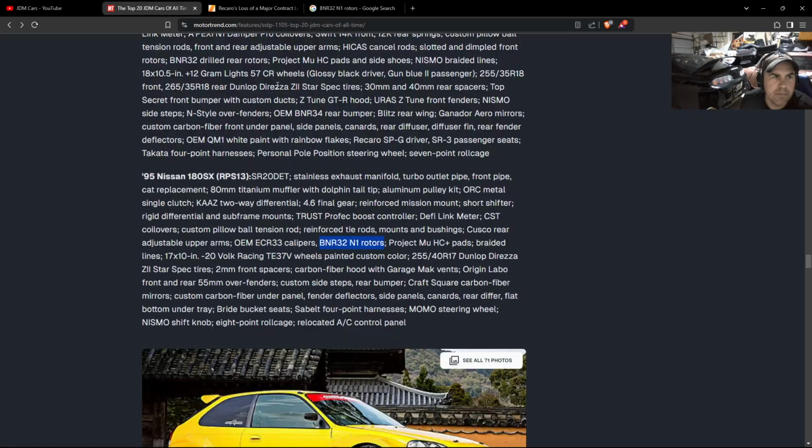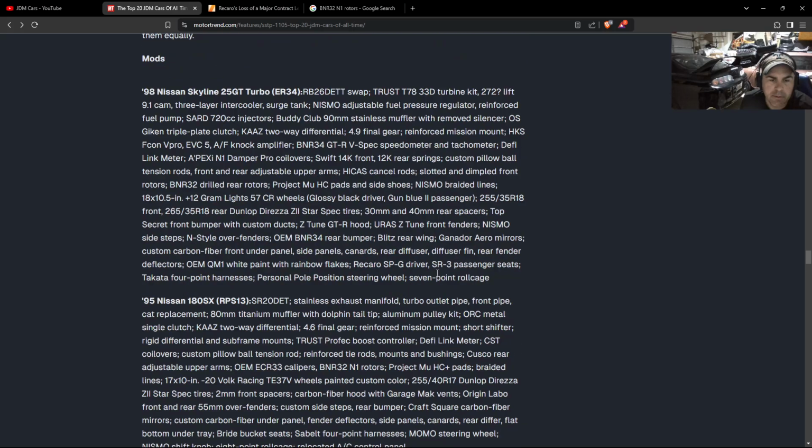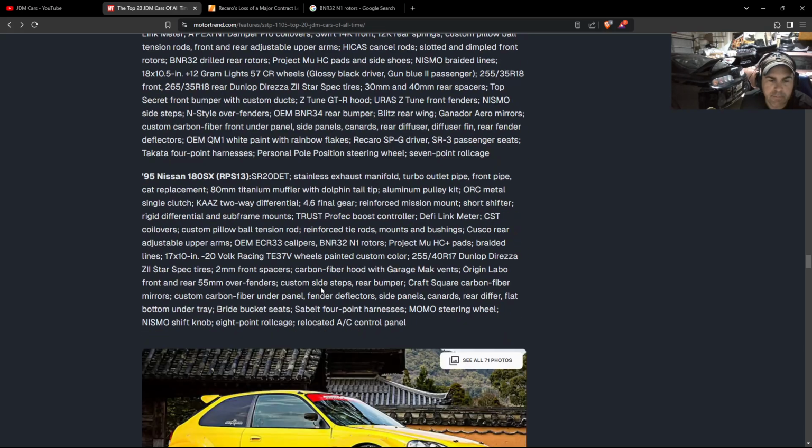To each his own. I'm not going to get into that right now, but Project Mu HC pads, braided lines, Volk Racing wheels, right? Custom colored. Look black to me. Carbon fiber hood with